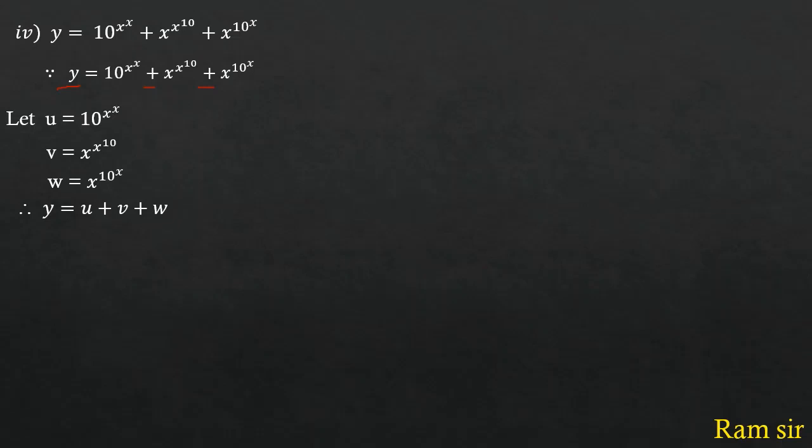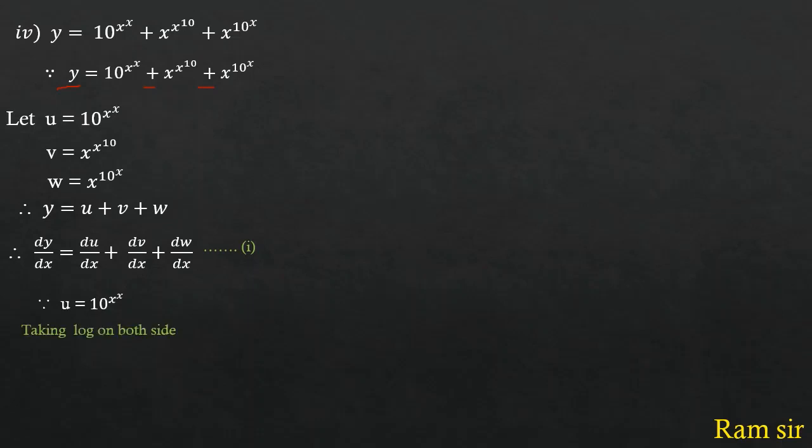So now we'll differentiate with respect to x. So this gives you dy by dx is equal to du by dx plus dv by dx plus dw by dx. We'll mark it as equation number 1. Now we'll differentiate u. सबसे पहले आपको x raised to x को multiply में लाना पड़ेगा, and for that